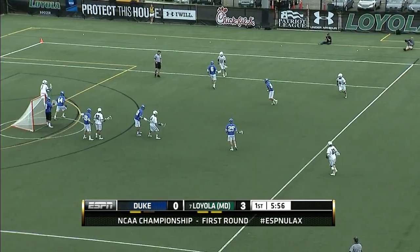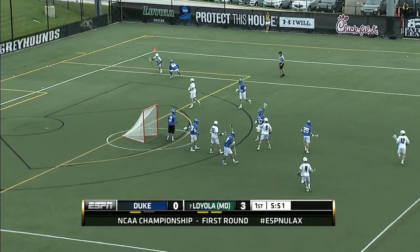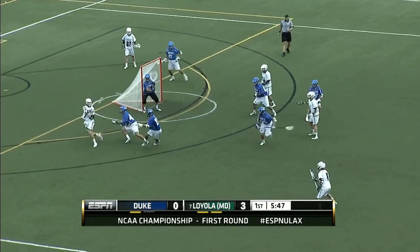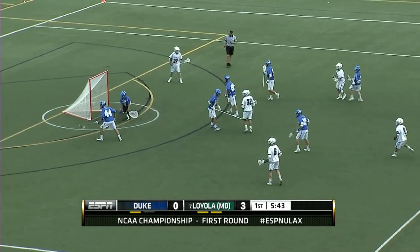Zach Sirico. Spencer picked up by Ethan Powley. We expect this to be the matchup throughout the day. Blue Devils' best cover, long stick. Drapow off the head fake. This one's whistled wide by...